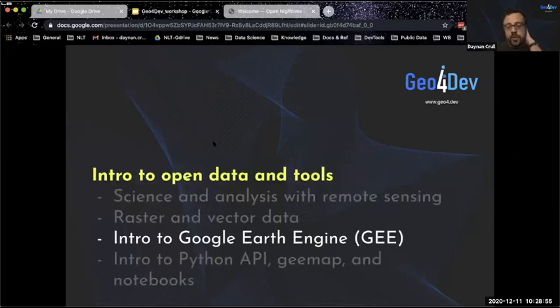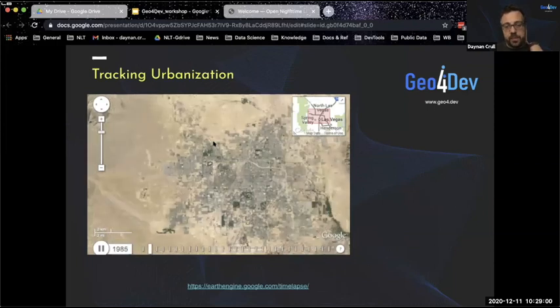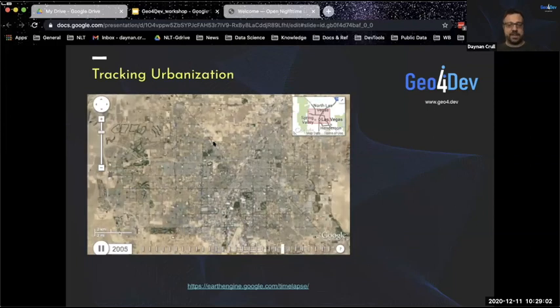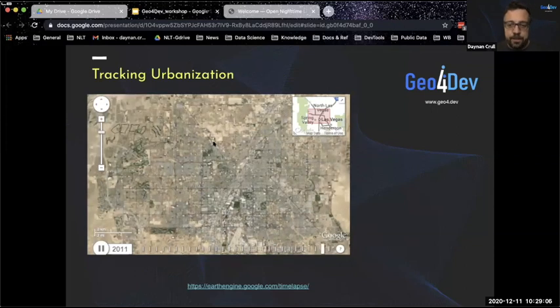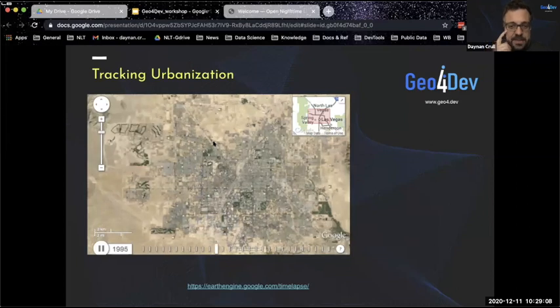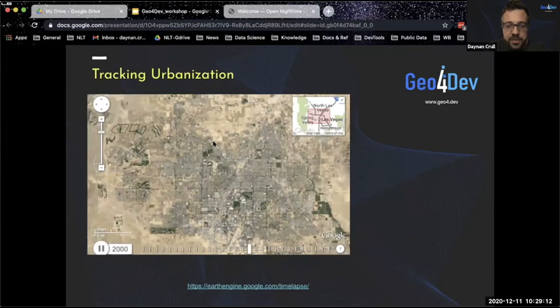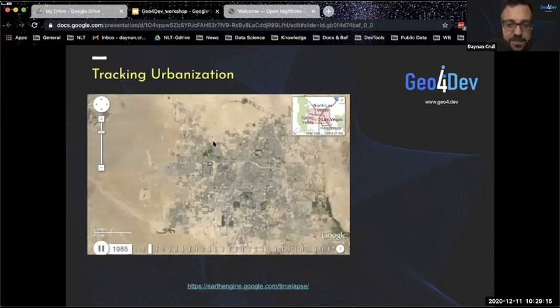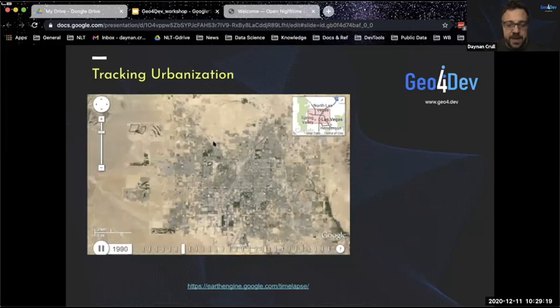That's just a brief overview of raster and vector data. We'll revisit that later. Google Earth Engine, if you're not familiar, is a good platform for accessing satellite data. Obviously, you can do fun things like time series analysis, time lapse. If you go to the link there, you can see a bunch of different time lapse videos that folks have made. Hopefully after today, you'll have a basic sense of how you can make these yourself.